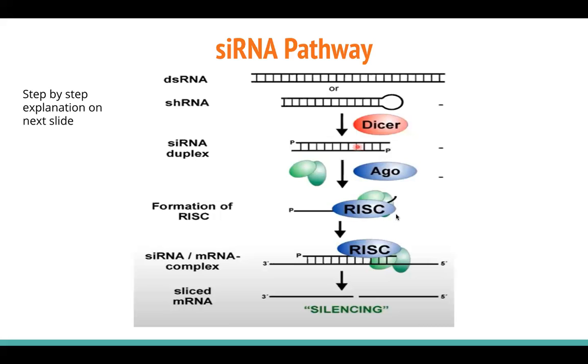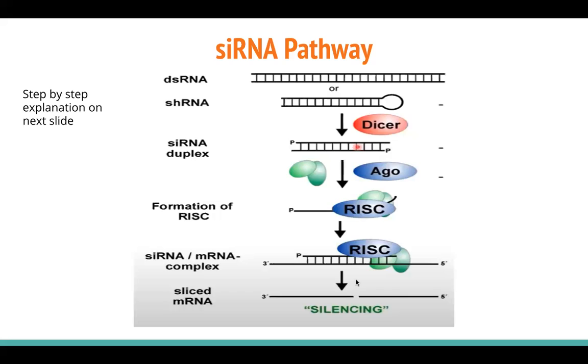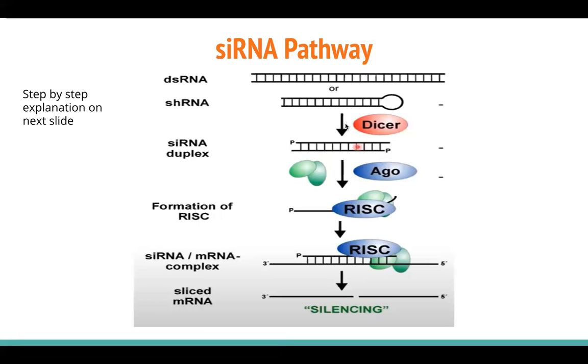It's going to get rid of the strand that has 100% similarity to the mRNA, and it's going to keep the strand that is complementary. So now that RISC has the strand that's completely complementary, it's going to find the target mRNA, the mRNA that the cell wants to get rid of, it's going to attach itself and get rid of it. So it's essentially exactly the same as